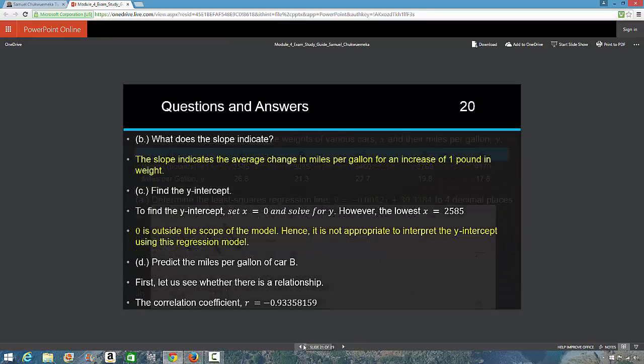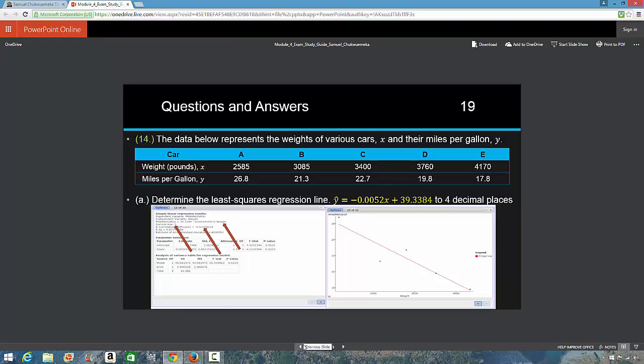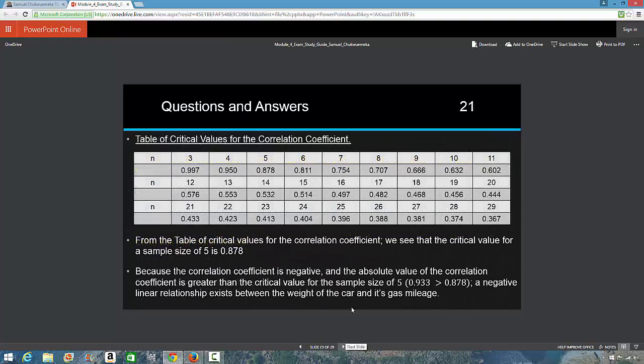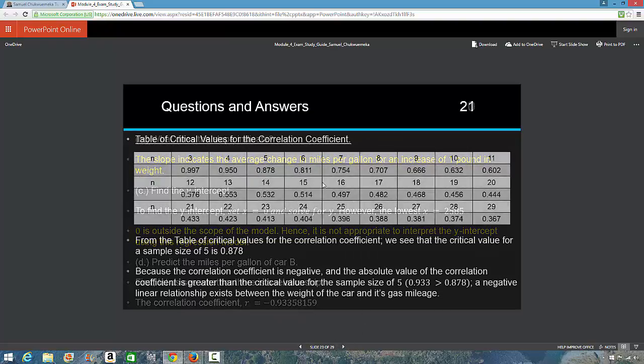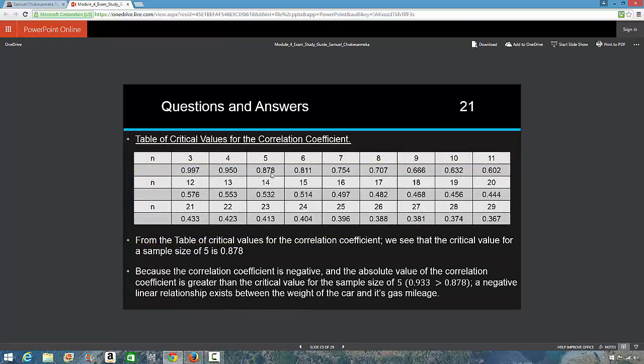Now, we did this in Module 4 homework study guide. The sample size is 5. So let us find a critical value for a sample size of 5. That gives us 0.878. We now say, okay, the absolute value of this correlation coefficient is 0.93358159. Because the absolute value of this correlation coefficient is greater than the critical value for a sample size of 5, which is 0.878,